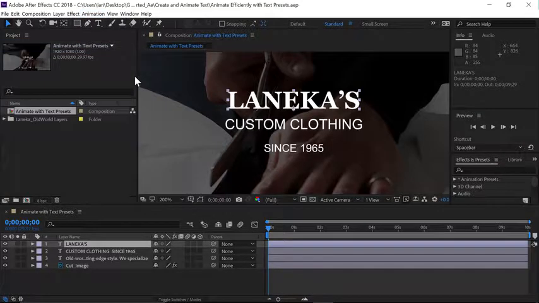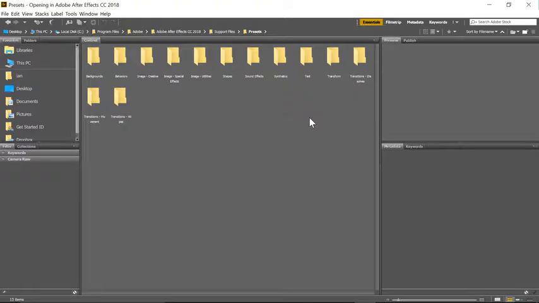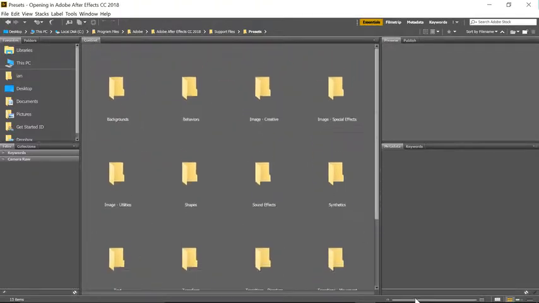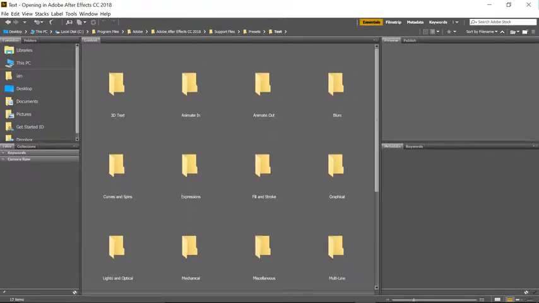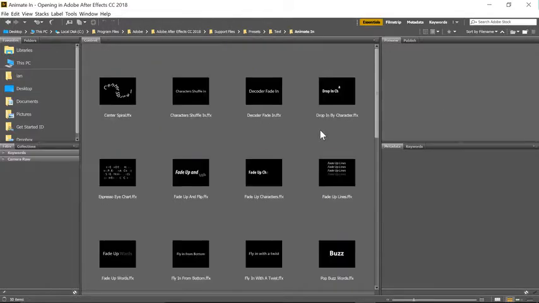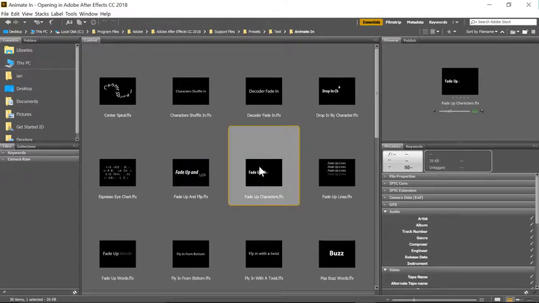Give your computer some time to launch Bridge, and then you'll see a group of folders. Go to the lower right corner of Bridge and drag on the magnification slider to zoom in on the folders. Then let's navigate to the text folder and double-click to look inside. To browse the presets where the text animates into the scene, let's open the Animate In folder by double-clicking on it. Click once on the Fade Up Characters preset, and you'll see a preview of the animation load up here